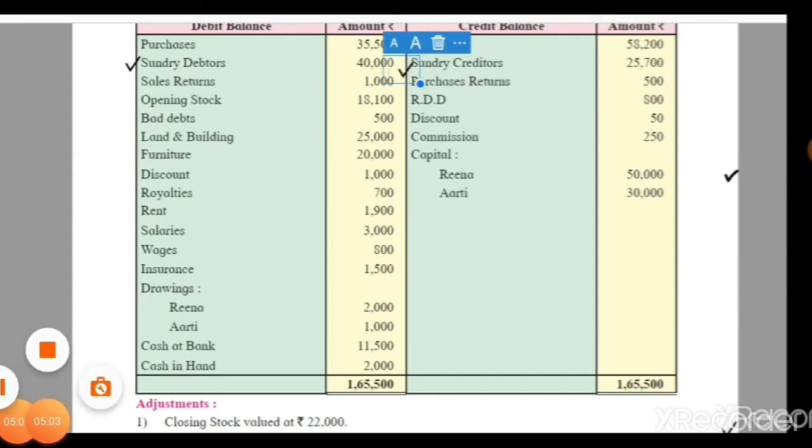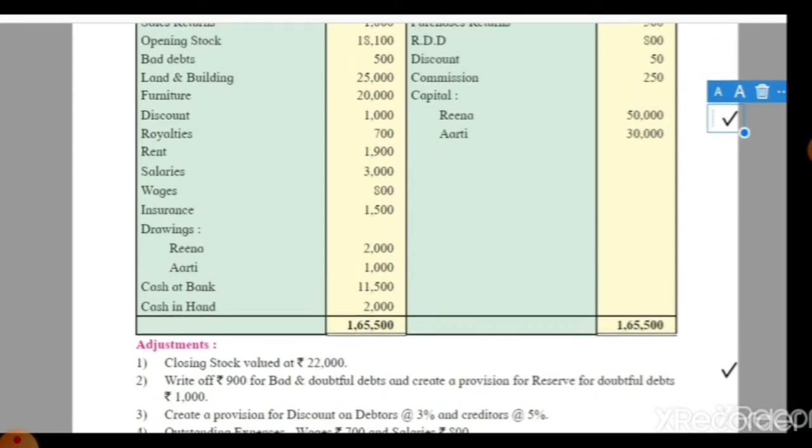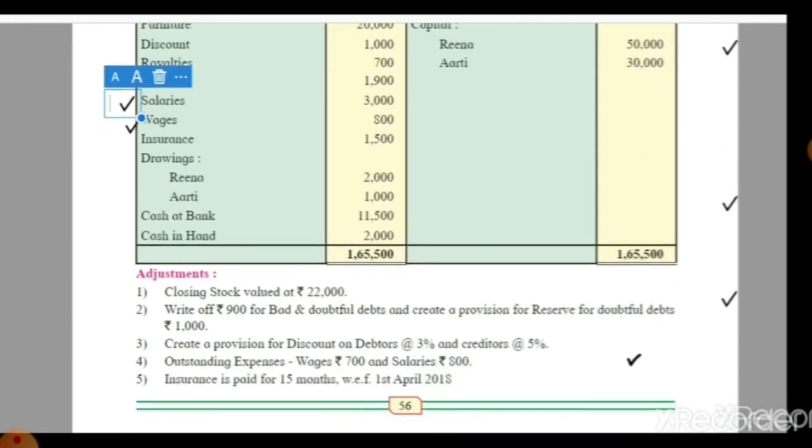Okay, now we see the next adjustment. What is the next adjustment? Fourth point, outstanding expenses of wages rupees 700 and salaries rupees 800. Here the wages and salaries are outstanding, it means unpaid, so we put a tick mark before wages and salaries, which are available on the trial balance debit side. So first of all wages, along with salaries, we put a tick mark. Here, as these are unpaid expenses, we add that outstanding amount to the particular expenditure of wages and salaries, and the other effect we give